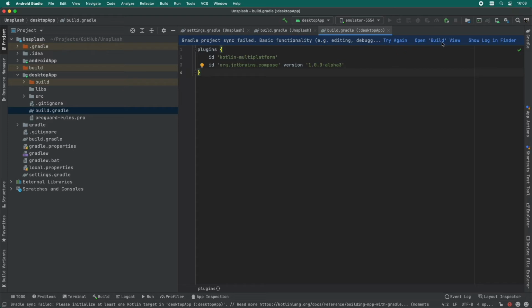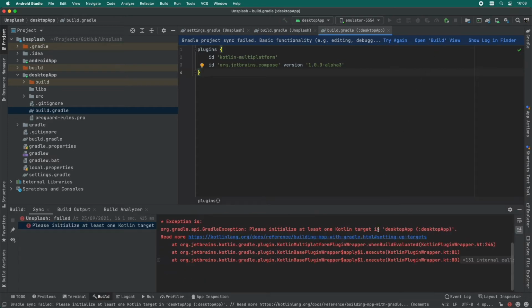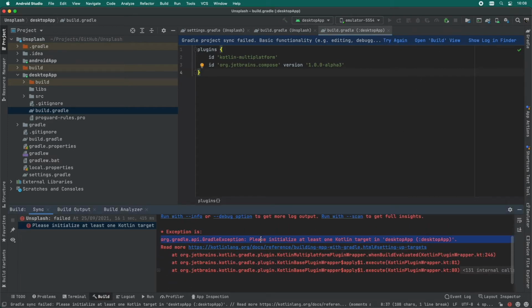And now if you click on synchronize, you're going to see an error. This happens because we've declared all the plugins, but we are not adding any platform. We are not defining anything.